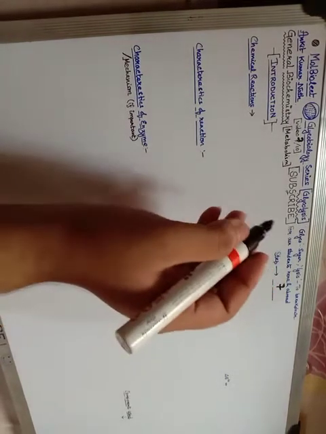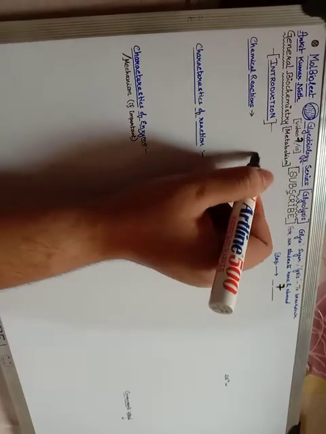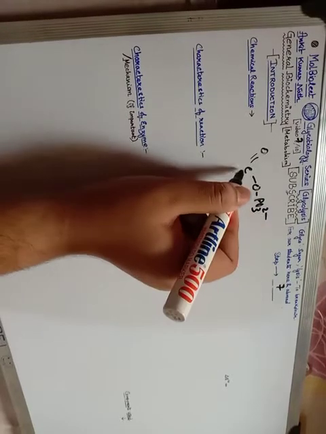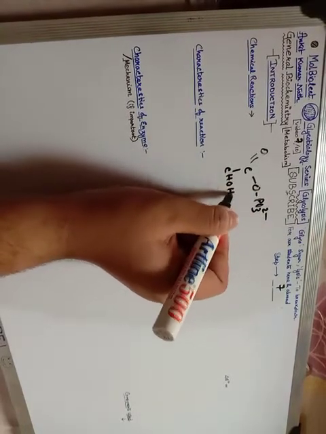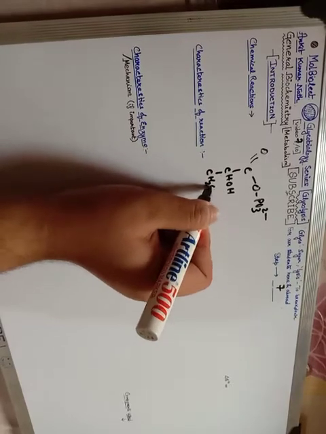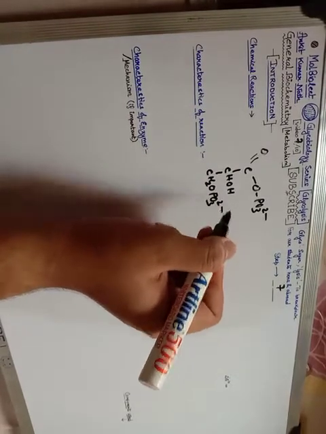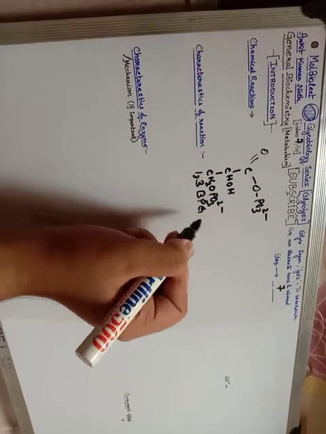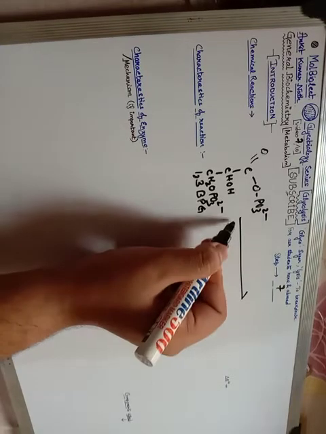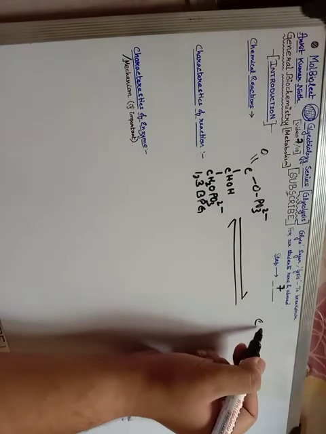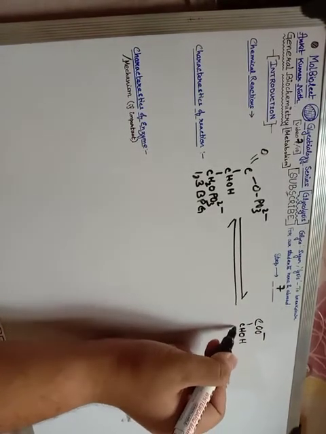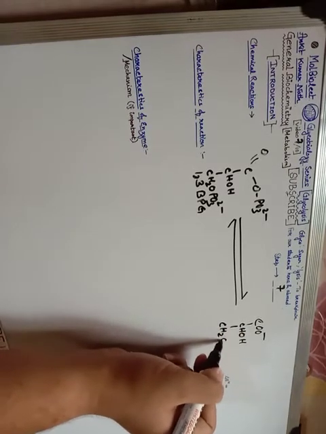So let's start. Initially I told you about the 1,3-BPG, the structure of which you might remember. You should practice these structures at home whenever possible, at least once every day. If you just go through the structures, it will be easier to remember them, okay? So now converting to 3PG, 3PG is nothing but we will have a CO minus over on the top, the CHOH, and the phosphate will be transferred to this part,